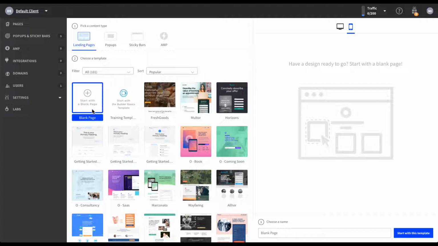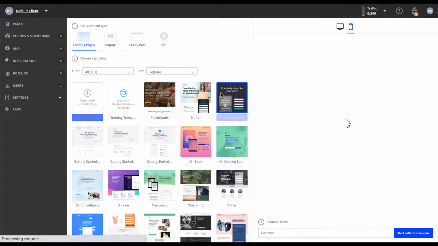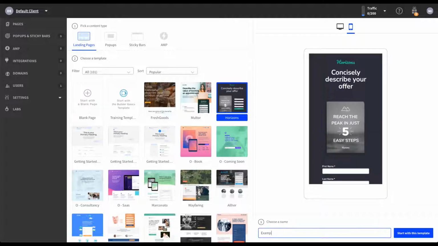So I'm going to do that for today. But if you already know everything you want to do, you can start with a blank page and build everything from scratch. For right now, let's hop back over to this template that we started with. We'll come over here down in the bottom right and we'll give it a name, and then we'll choose Start